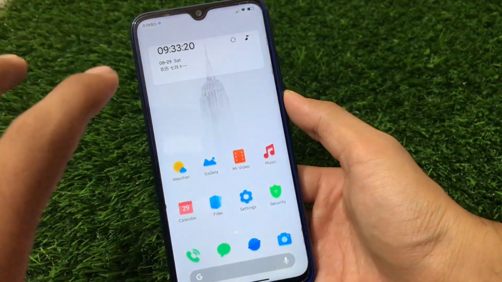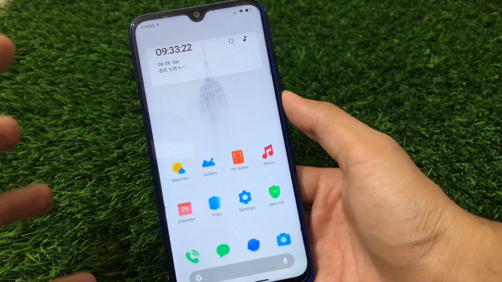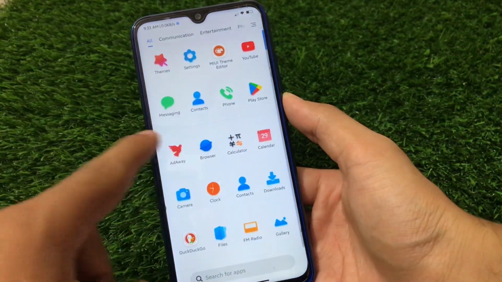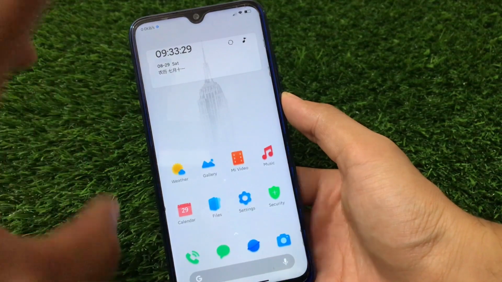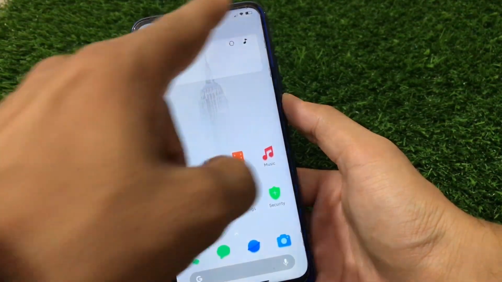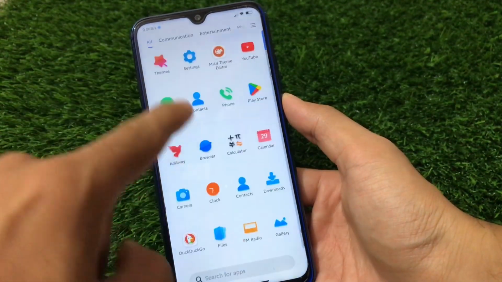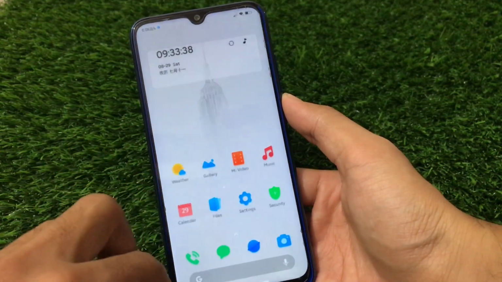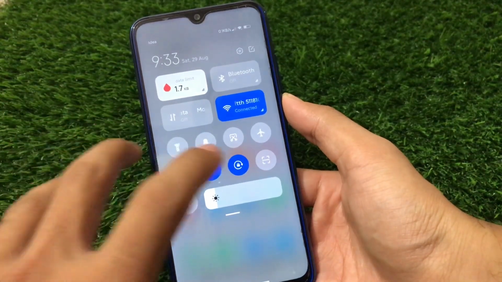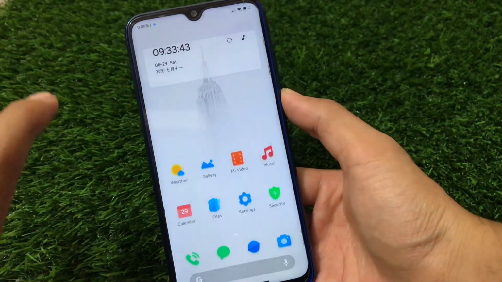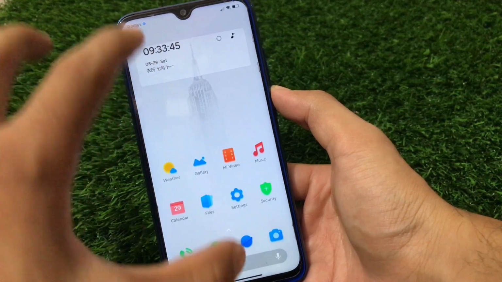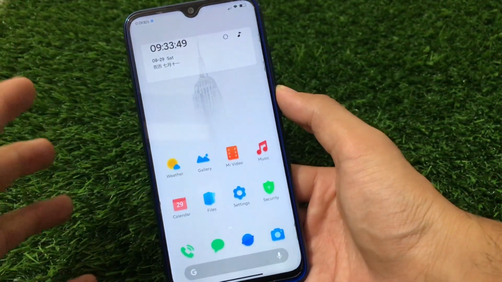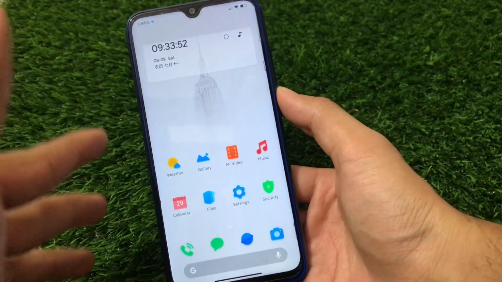These three themes which I just wanted to share with you, you can use all these themes and then customize the theme if you want to. You can choose the icons from here, apply one theme, then customize your status bar icons, customize these icons, customize the wallpaper, everything else. If you want to customize these things, I just wanted to share that with you. It also has no theming in control center or quick settings whatsoever, but the status bar and the home screen look is very interesting and cool. These three themes I just wanted to share with you, so I hope you like all these themes.